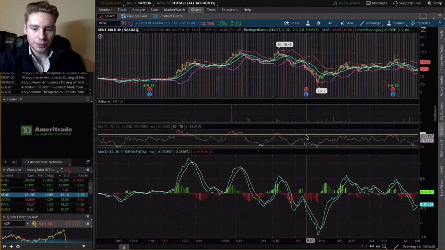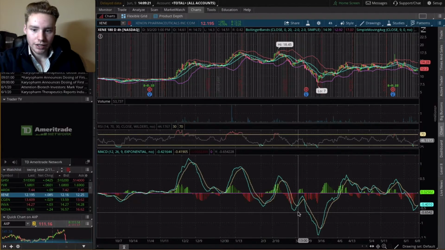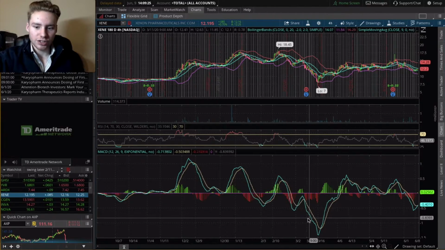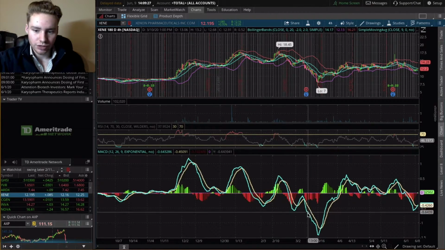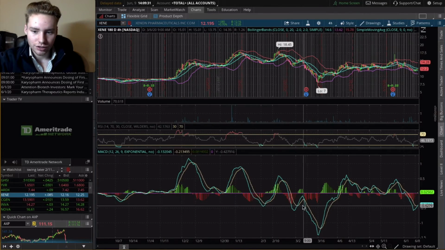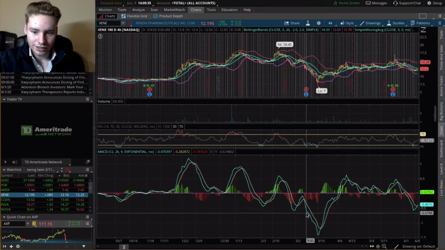So, for example, right here, it's kind of looking like it might turn up in this range. You can see that it starts turning back. So it crosses over here at this point, and then once it goes down, down, down,